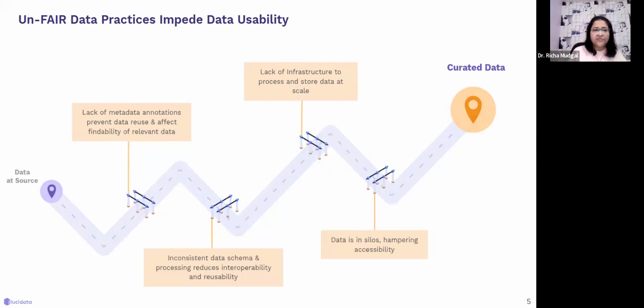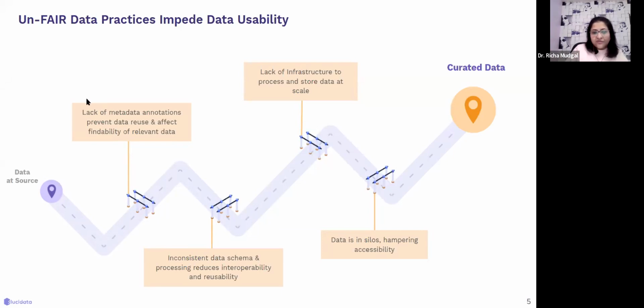So, as even John mentioned, the main problem we see is that the data at source is not always in the most usable form. And when we say it's not usable, what are the different hurdles one has to overcome to really start understanding what data is available and how they can extract value from it? Many times when you have the data, even in the most known sources such as GEO, there is less than 3% of the data which is actually curated or annotated with metadata.